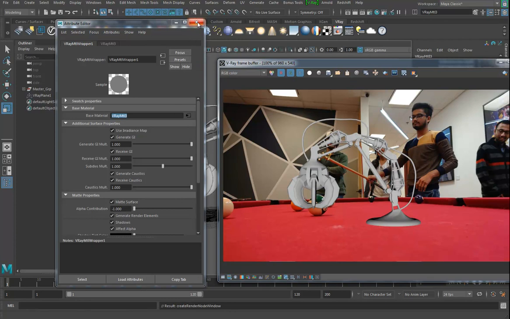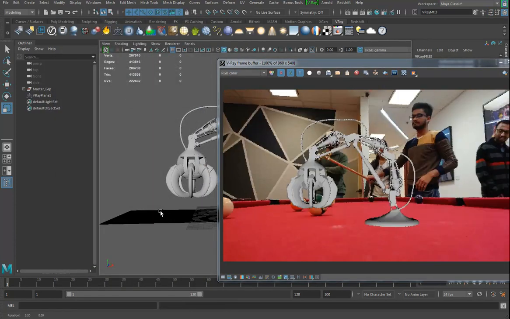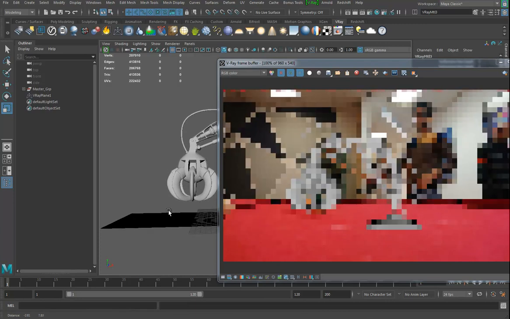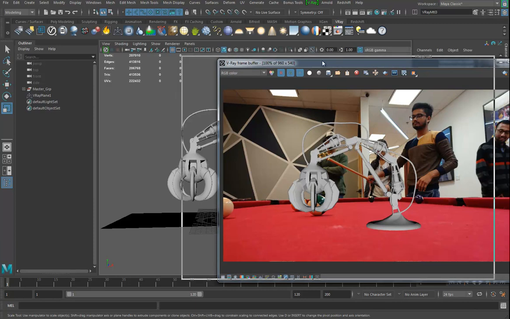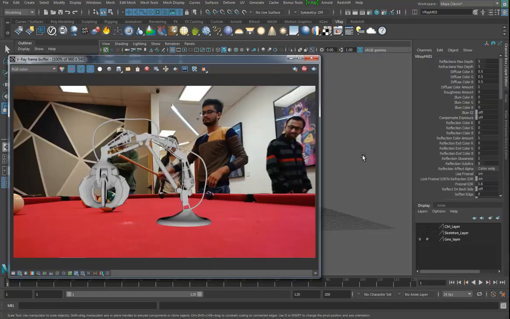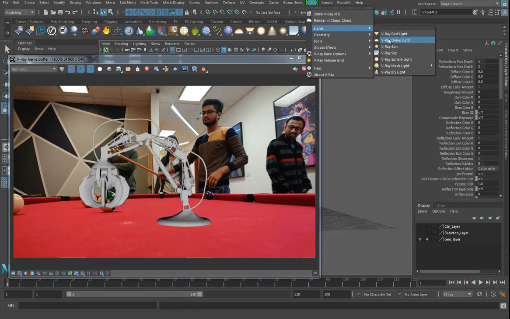So we got most of our parts working. And I kind of think it'll look maybe a bit better like that. Okay, whatever. So, next thing. I need a light. So, I'm going to go into V-Ray, and I'll go to Lights, and I'll create the